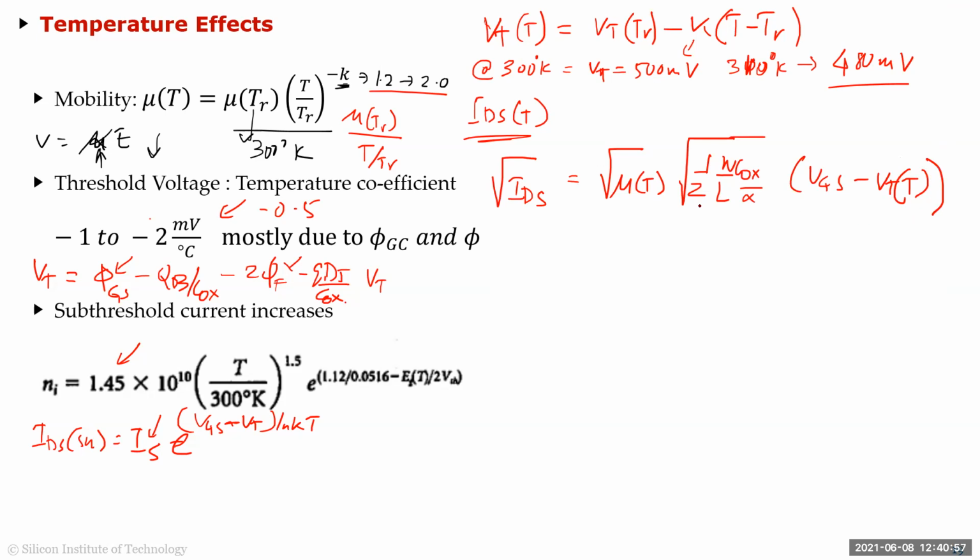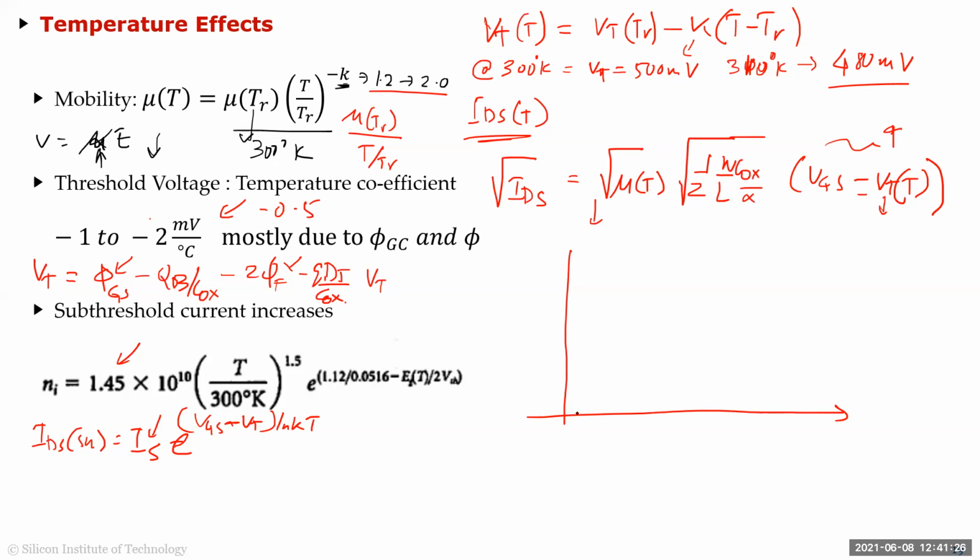Right? So you can see from this equation that you have a mobility which is decreasing with temperature. You have a VT which is also decreasing with temperature, but this is a subtraction, which means that this excess voltage actually increases. So one term is increasing, one term is decreasing. So when you plot versus temperature, and we'll see this when we do the lab today,